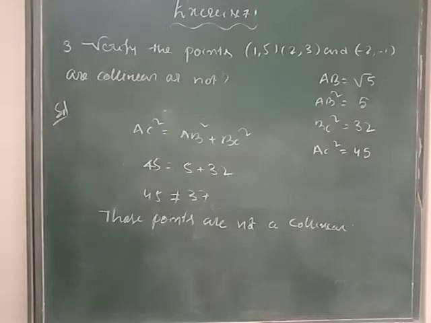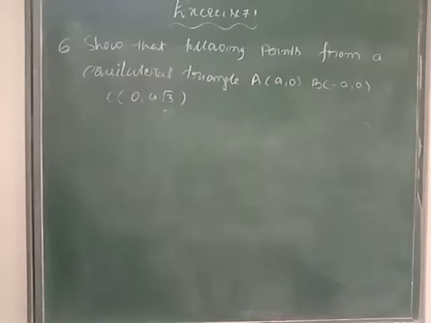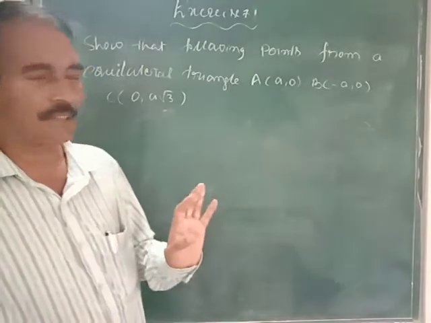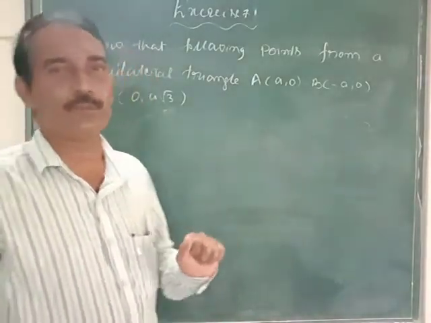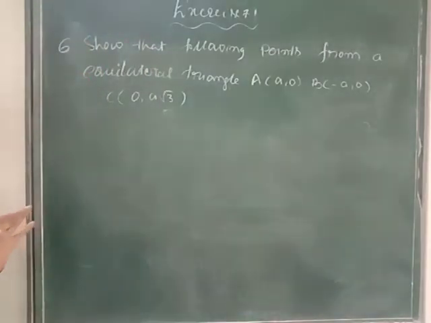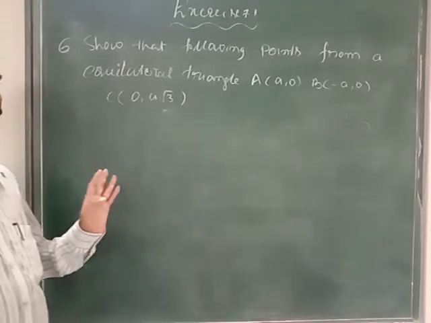Any doubt? Did you understand that? Okay, then if you observe this question, when I started this chapter I said that only 30% I will say, and the remaining 70% you have to do. The remaining sums you have to do in the same model, very simple. You have to find the distance between the points, if 4 points are given: A, B, B, C, C, D, D, you have to find.